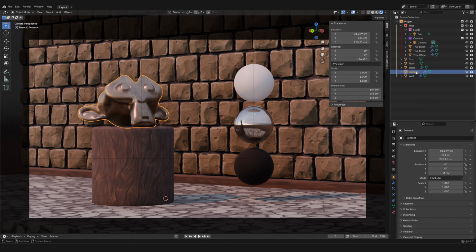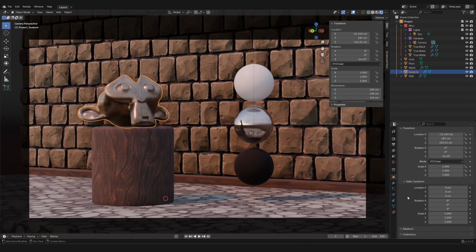Now, something new that you can learn from here are delta transforms, which are sort of additional values that you can use. There might be rare situations where you need to have something at a specific location in space, and then you may want to move those things around while the value that is displayed in its own location, rotation, or scale, for example, stays the same. If it sounds complicated, it's because this is for extreme cases. So rare, in fact, that it's kind of hard to give you a tangible example, but it might be that,